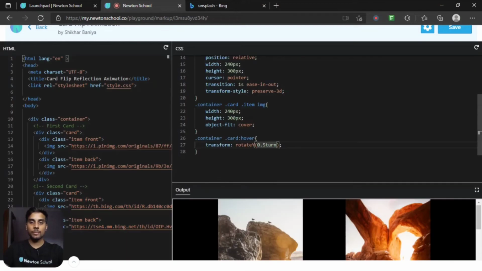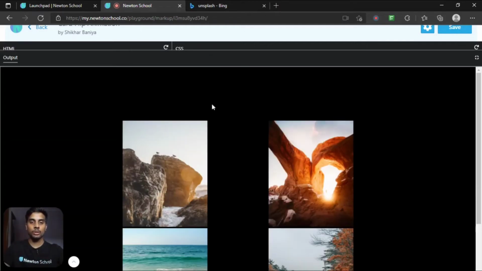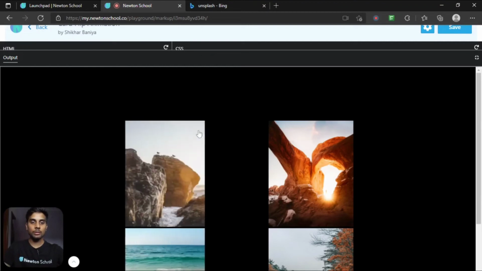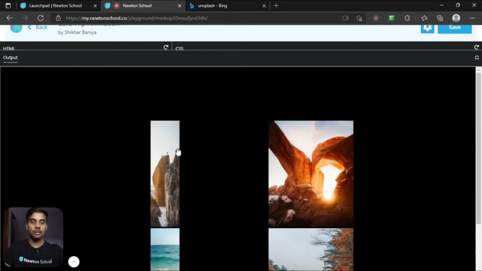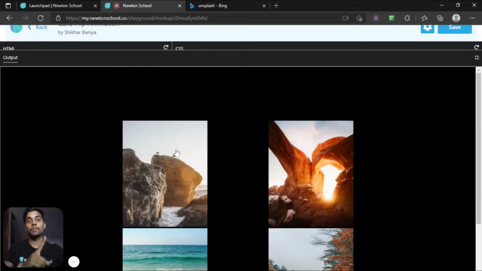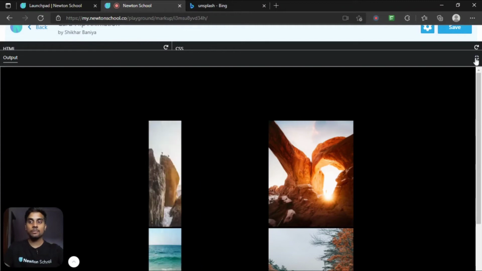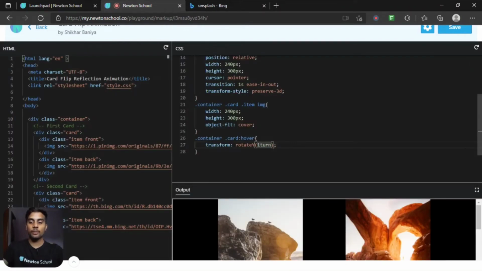So what exactly this turn means, if I suppose provide it one turn, so it will rotate 360 degree. Okay, let me show you. When I'm hovering over it, you see it is rotating one complete cycle. Okay, but since we want to rotate only half of it, that's why we have provided 0.5.